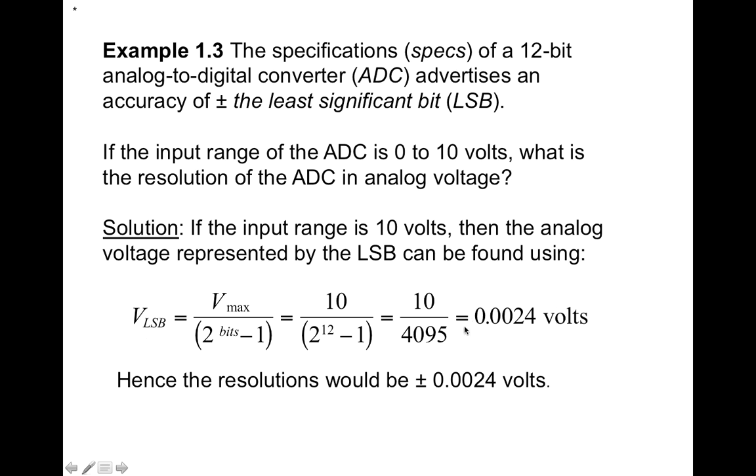If our physical system can only give us 0.0024 volts, there is no reason to have another decimal place here because it's not physically possible to resolve in this measurement. That's a good physical example of something that I think a lot of people struggle with, especially in some of your first science and engineering classes,